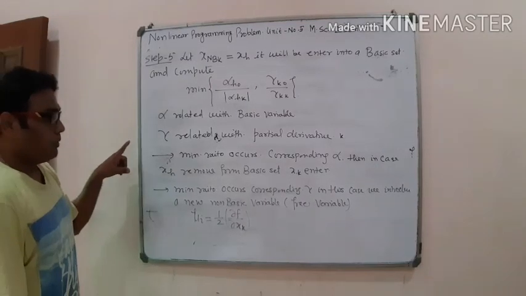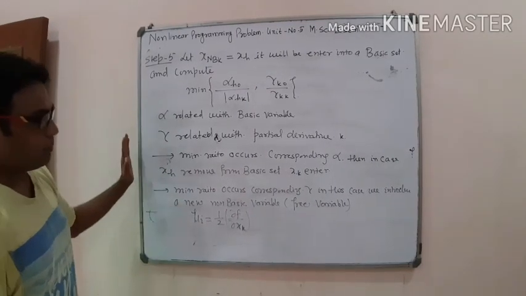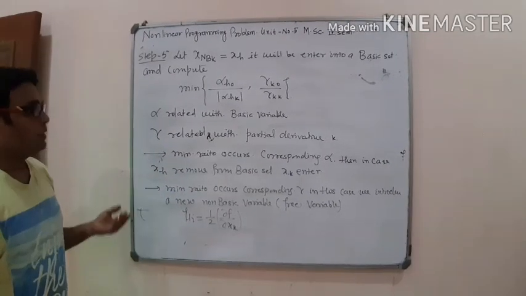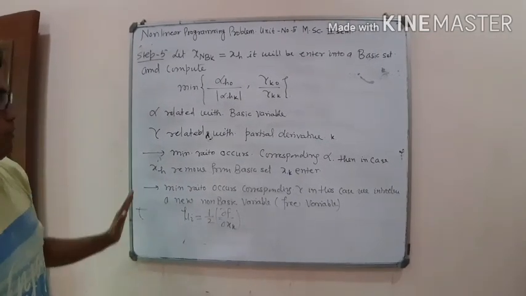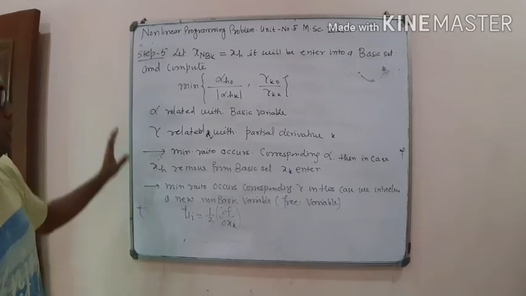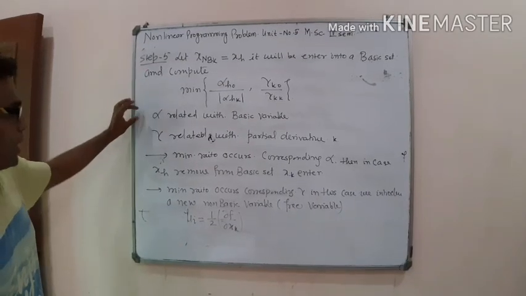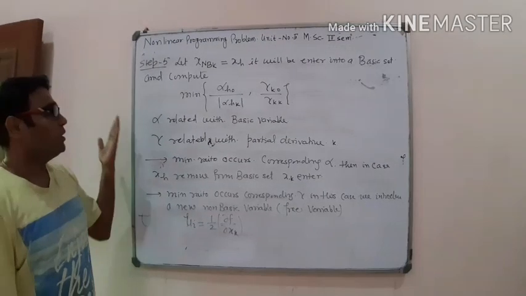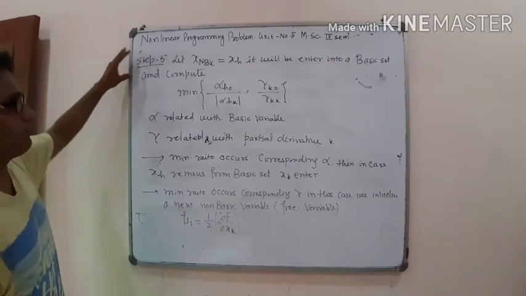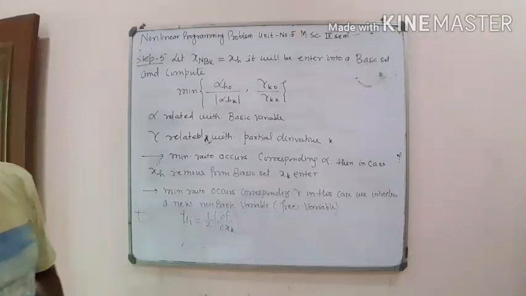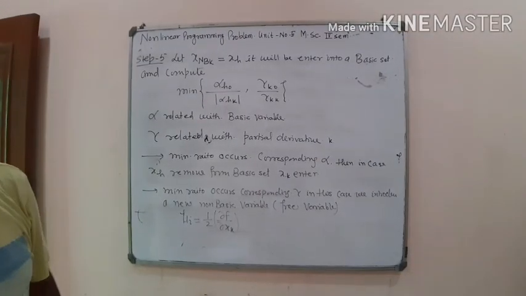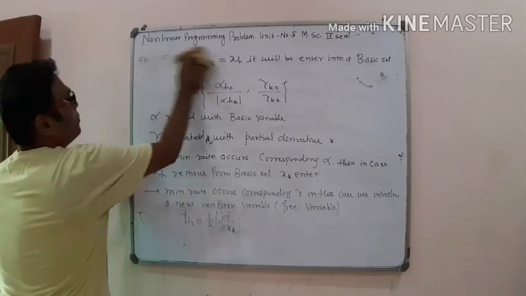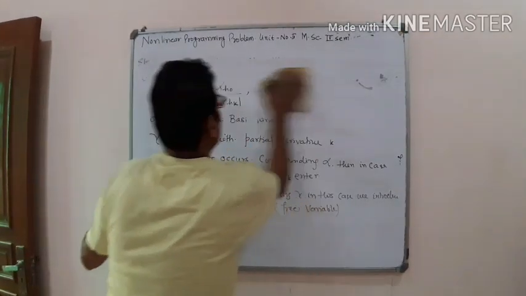Repeat step number 4. That means again we calculate the partial derivatives and check condition 1, condition 2 and condition 3. If condition 1 holds, then we have an optimum solution. If it does not hold, then either condition 2 or condition 3 may be satisfied, and we use step number 5, until we get partial derivatives greater than or equal to 0. Now we come to the numerical example to explain our algorithm.